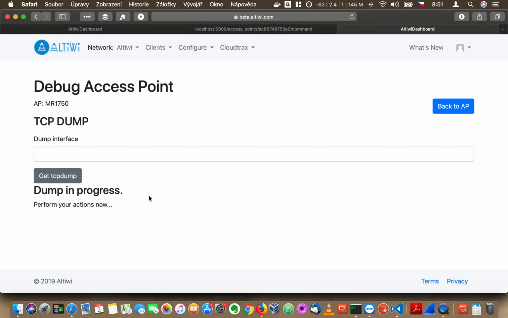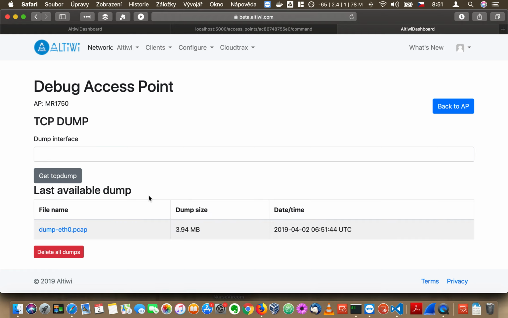The thing is designed to capture up to 1 minute of data. And the other thing is that due to very limited resources on the access points, the dump can be only 5 megs big. So it may take a shorter time, as you can see. So right now I received some 3.9 megabytes of data, and if you click the dump, you can easily download the pcap file and